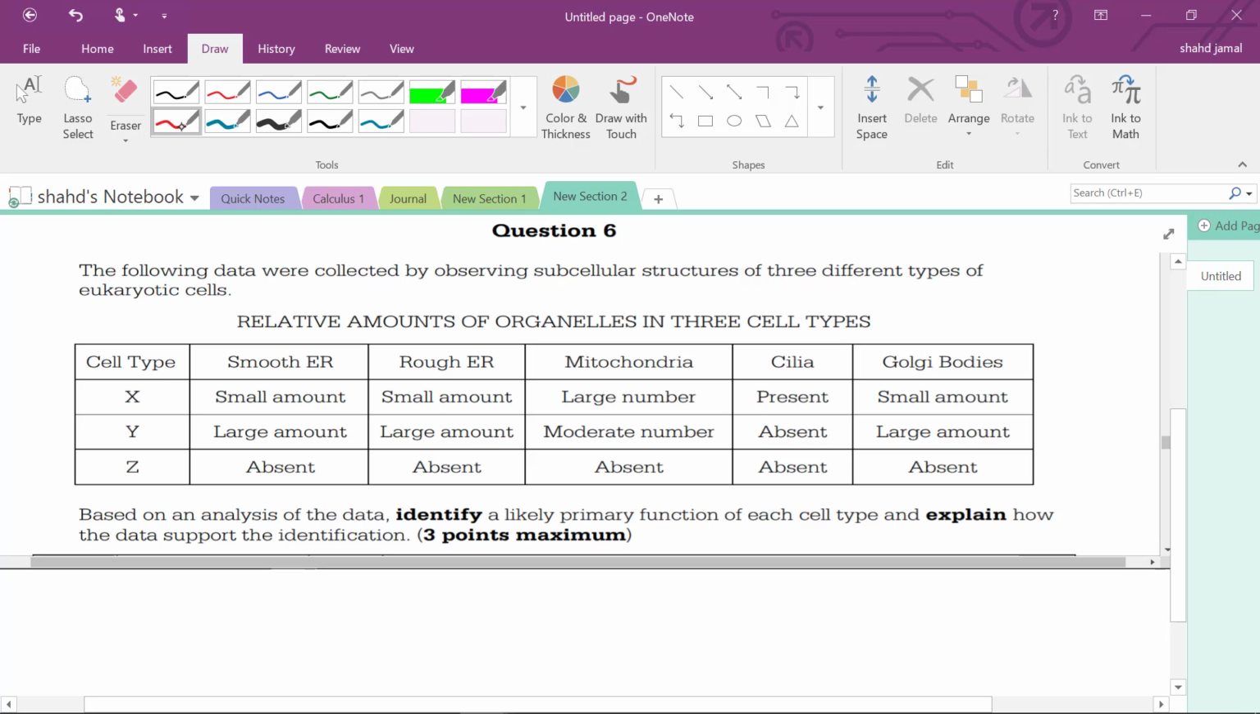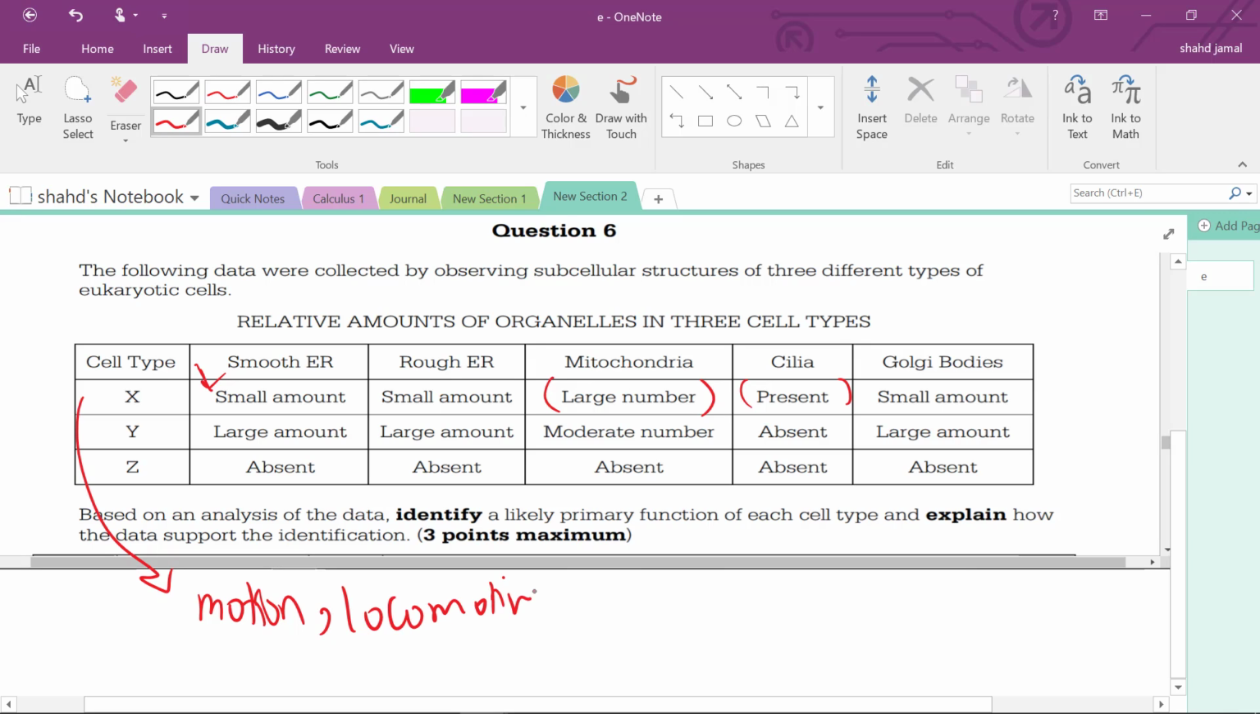So over here, if we look at cell X, it says that there's a small amount of smooth ER, small amounts of rough ER as well, a large number of mitochondria, there is cilia, and a small amount of Golgi bodies. So let's look at whatever is present in large quantities. In this case, it's the mitochondria, and there's cilia present. So we know that mitochondria is responsible for cellular respiration, and it produces ATP, or energy. And most cells with cilia are ones that deal with motion,